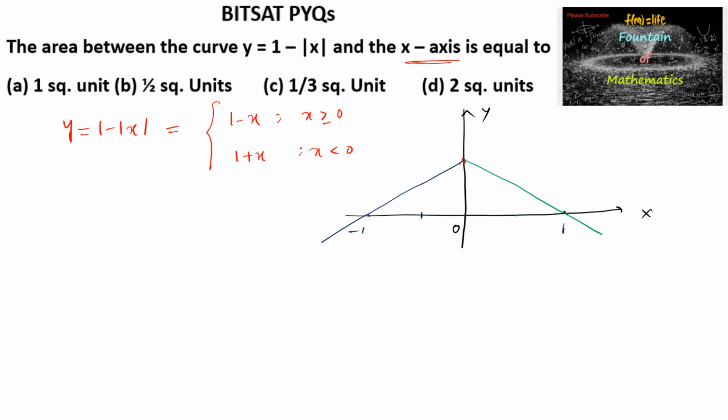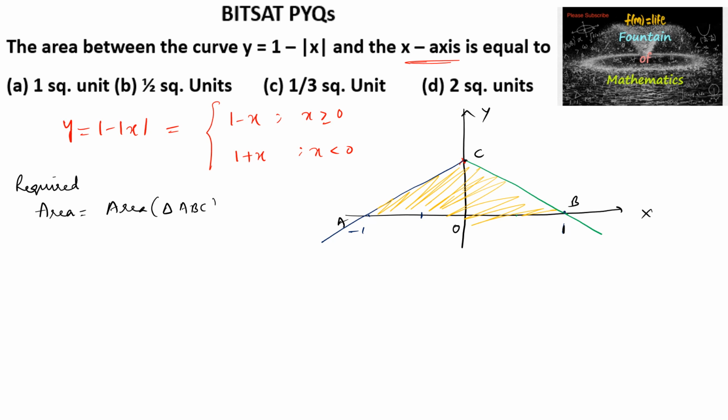And the area between the curve and x-axis can be given by this triangular region. So let us consider this point is A, B, and say this is C. So required area is equal to area of triangle